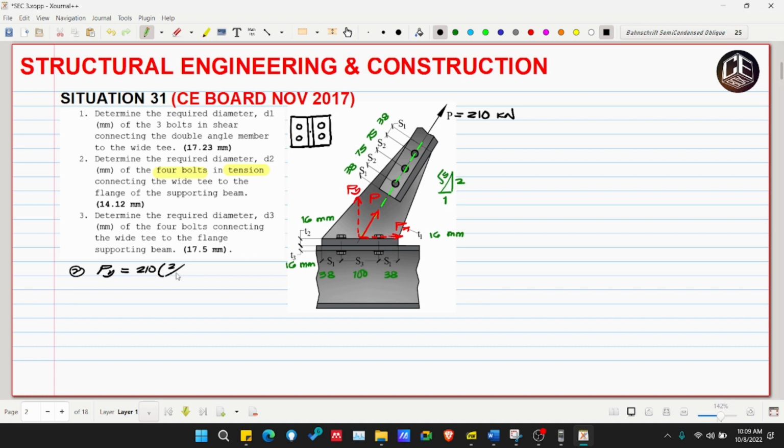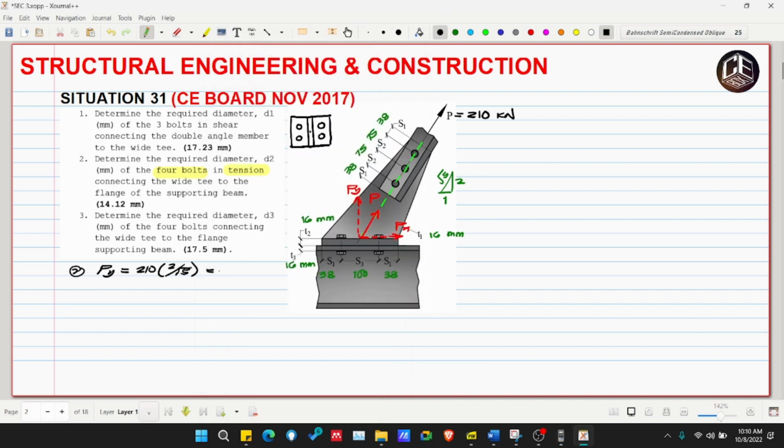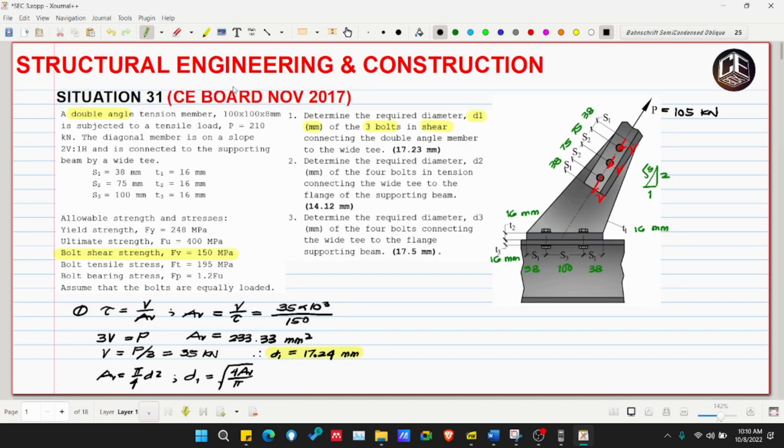So, this is 2 over square root of 5. 210 multiplied by 2 over square root of 5. So, 187.83 kilo Newton. And remember, kung tensile tayo, ang tensile stress natin is 195